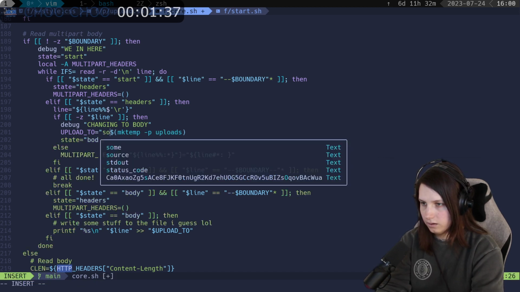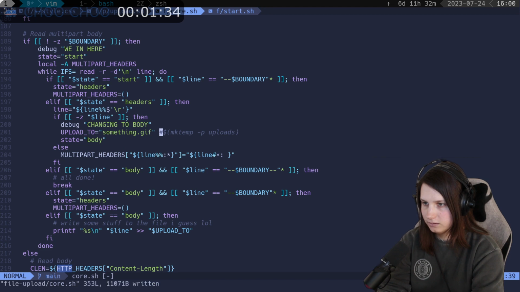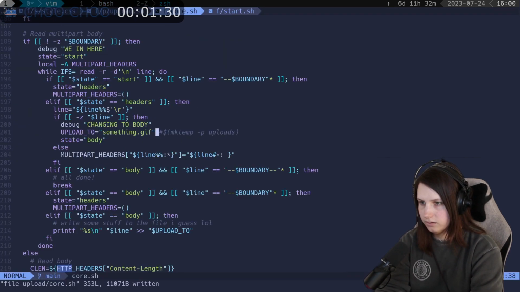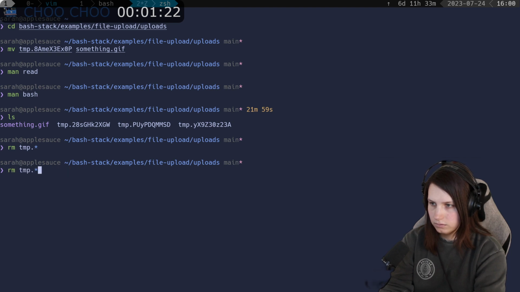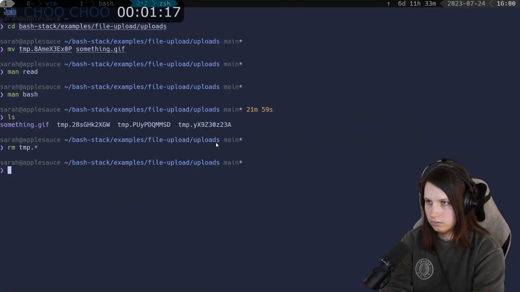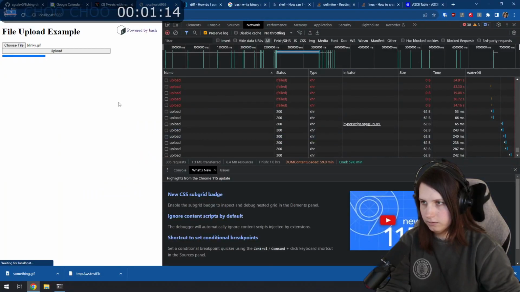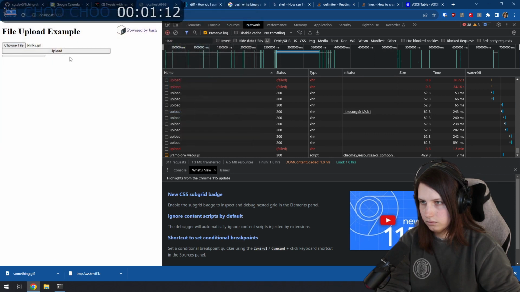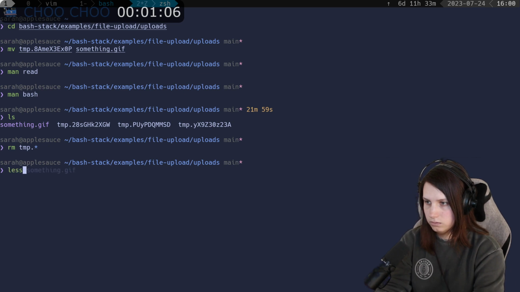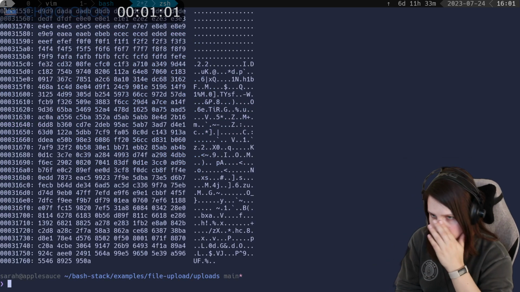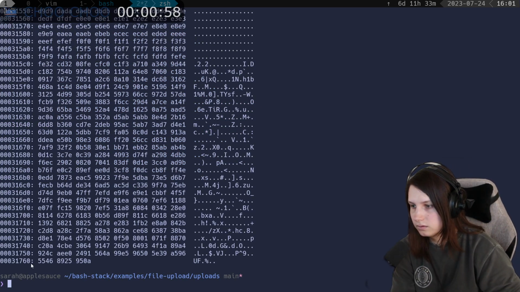I kind of want to hard code this to something.gif for now. Oh, wait. Upload/something.gif. So it's stuck right now. Now we can do something.gif to see where it got stuck. We made it